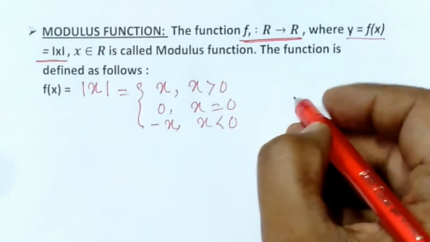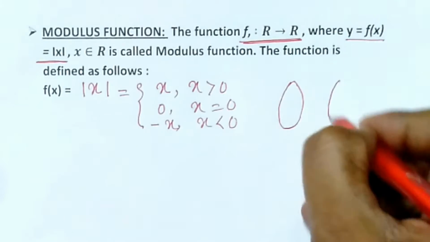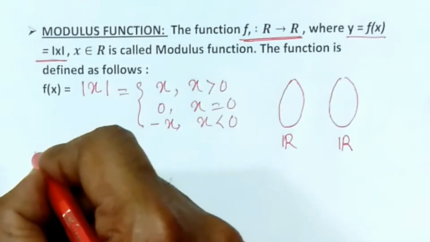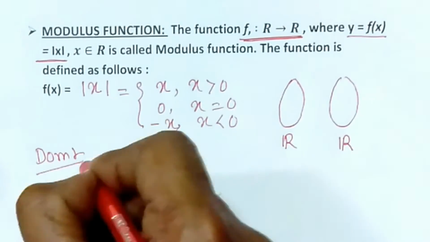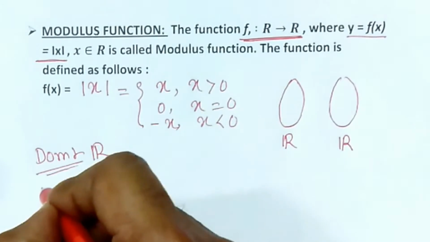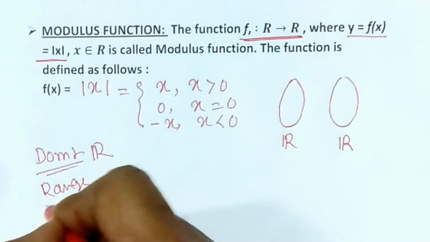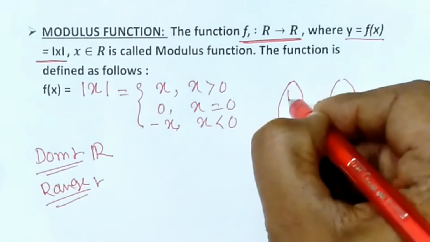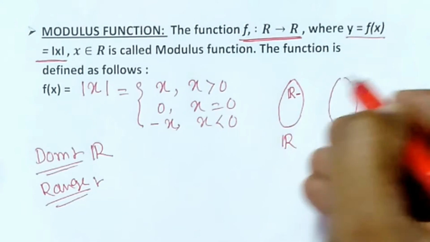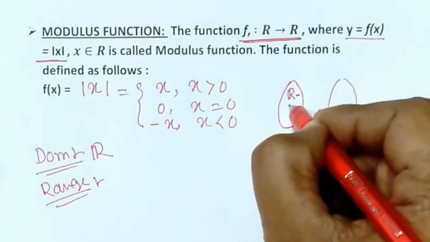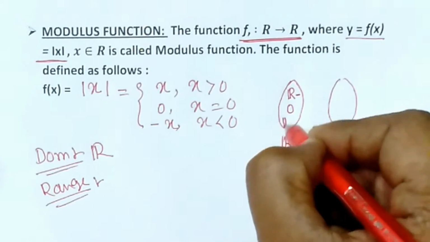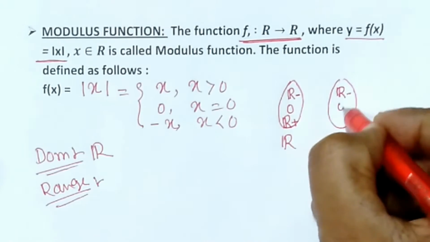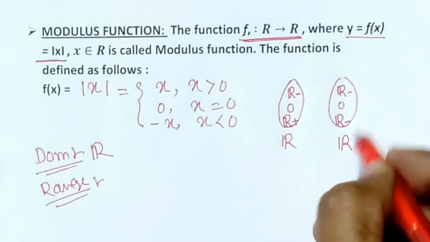So roughly if we draw two sets, this is the set of real numbers, this is the set of reals. What will be the domain of this function? Domain will be the set of real numbers. What will be the range of this function? Let's discuss. So clearly here, this is the set of all negative real numbers, this is 0. This is the set of all positive real numbers. Similarly, we can write negative reals, 0 and positive reals in separate form